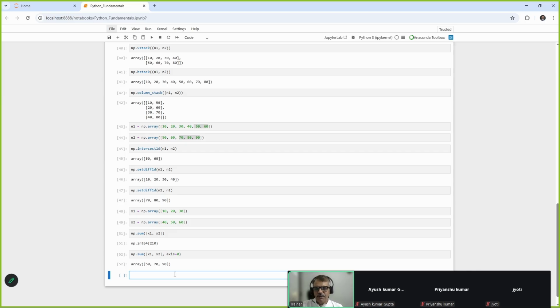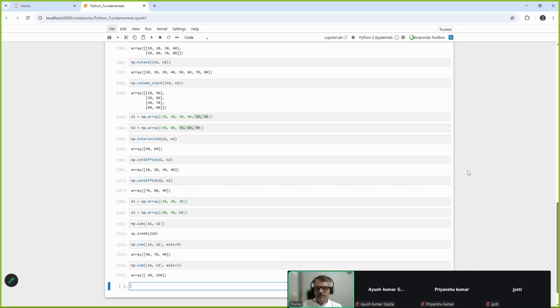So you can say np.sum, pass x1, x2 and specify axis. This time set axis to 1 because we want the elements of a specific array to be added. Now run this cell and see,